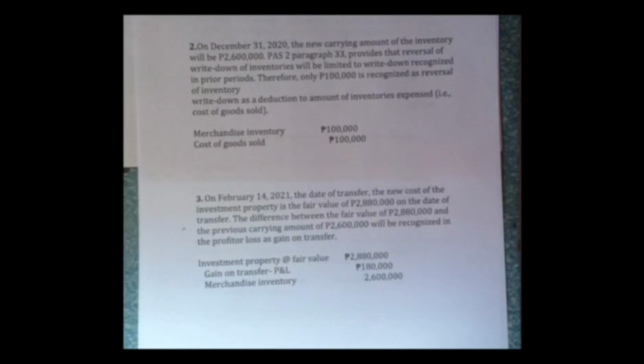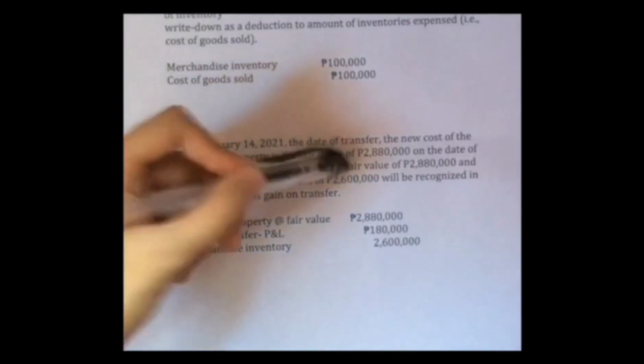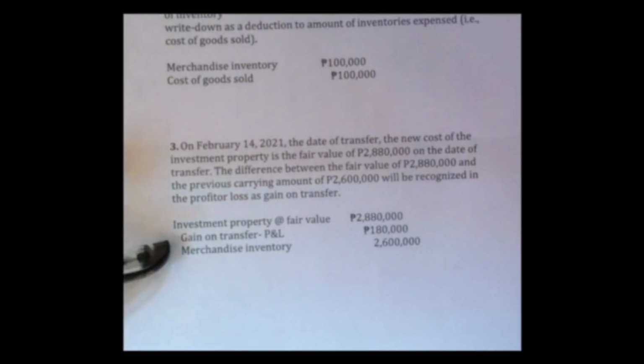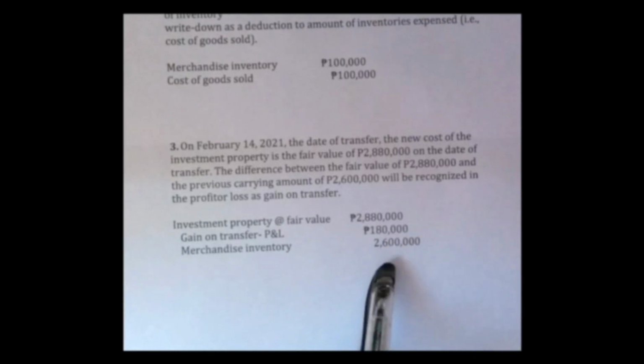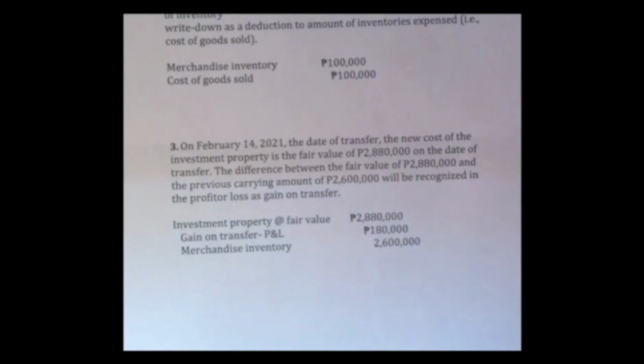The difference between the fair value of 2,880,000 pesos and the previous carrying amount of 2,600,000 pesos will be recognized in the profit or loss as gain on transfer. And to entry number 3, debit on investment property at fair value for 2,880,000 pesos, gain on transfer P&L 180,000 pesos, which was obtained by subtracting the fair value and the previous carrying amount. Then merchandise inventory credit for